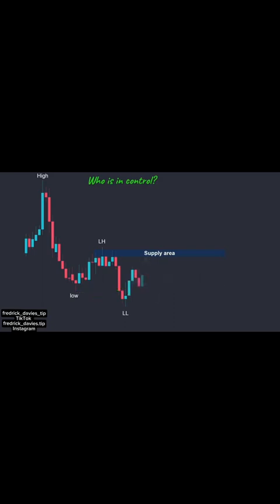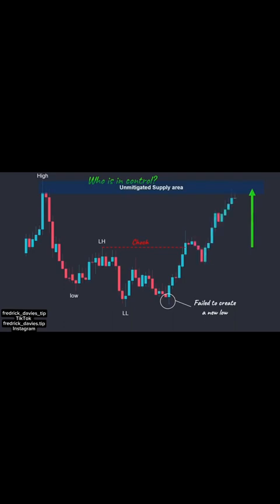low. Now, here we can see that the price has failed to create a new low, and it has broken the supply zone to the upside, which shows that the demand has taken control. Now, our bias is bullish, and we can take long entries at demand levels until we reach the unmitigated supply area in front of the price. After tapping into that zone, we have no clear bias, and we should wait to find out which side can